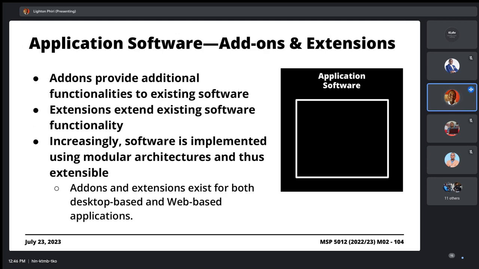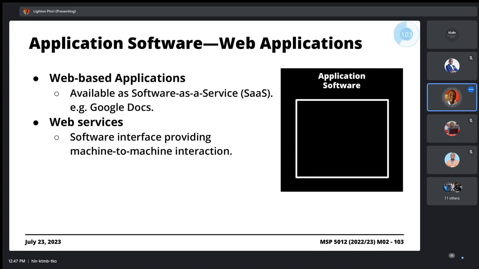Away from that, and I think this is an extremely important conversation to have, still dealing with application software, we have so-called software tools that are referred to as add-ons. Sometimes they're referred to as plugins, extensions. In other circles, they're referred to as modules. The idea behind such applications is you want to make it possible for people to extend the functionality of an already existing piece of software. This actually is especially the case when you're dealing with, let's say, software as a service applications.